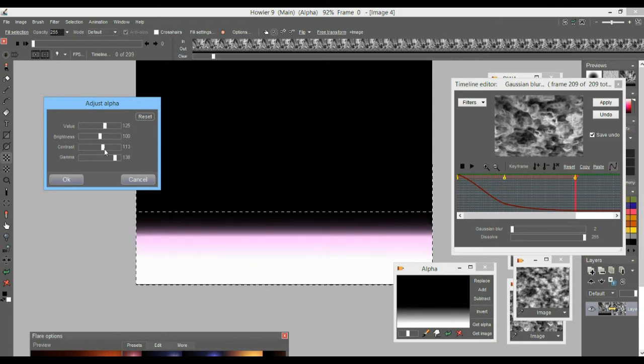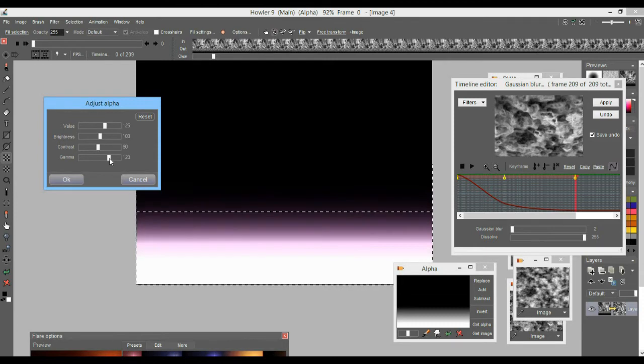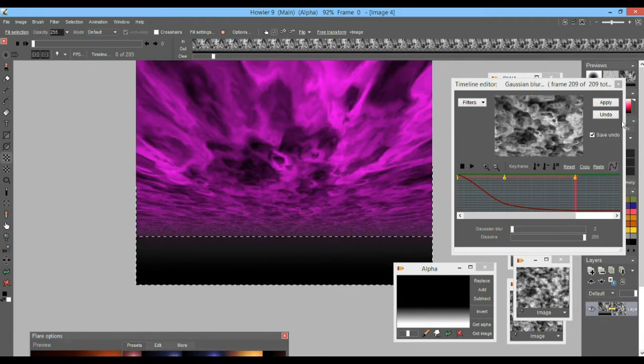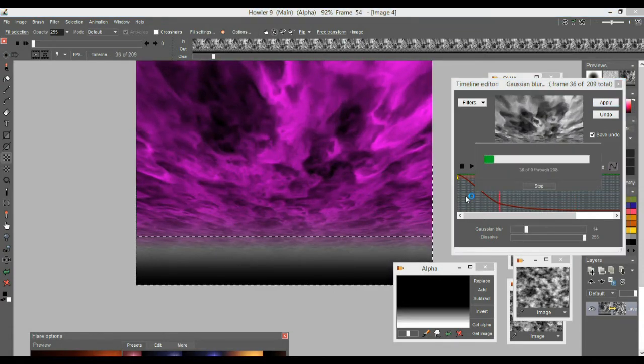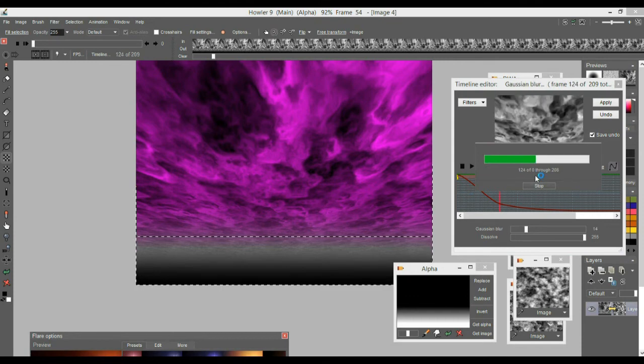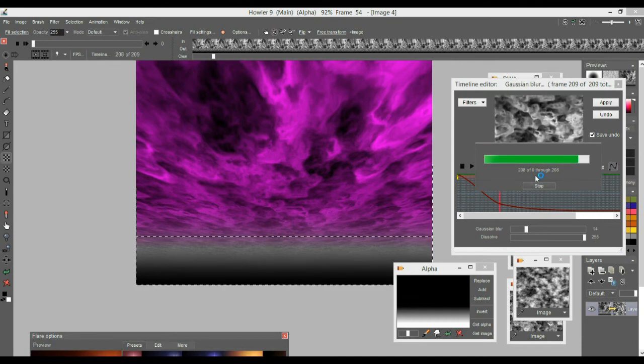And let's see, I'll use something like this here. Okay, so that's a smaller alpha, and I'm going to apply that one more time. Something like that. Apply. Alright, so at this point we have an animation that we can go to the next